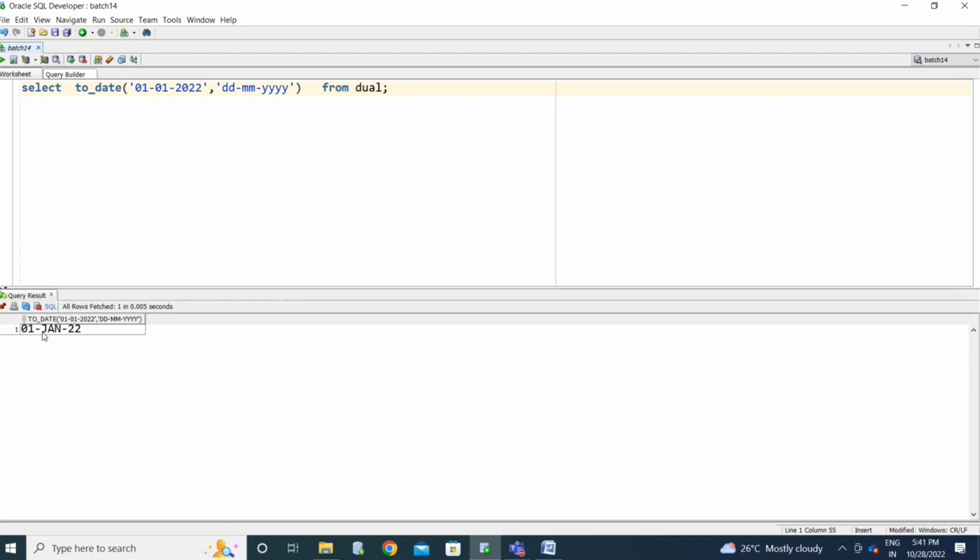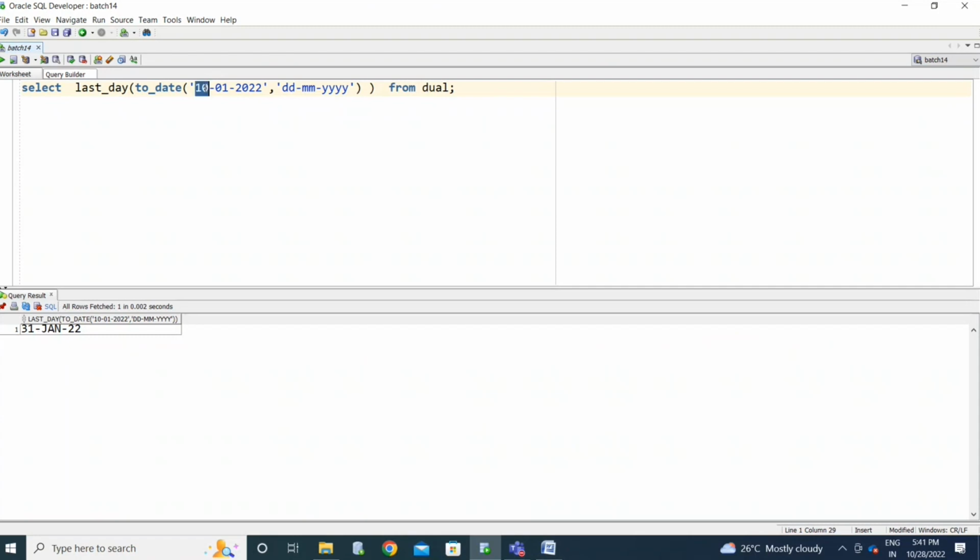See, 1st January. If I pass 1st January, I'm looking for the last day of this date: 31st January, right? If I pass 10th January, it displays 31st January.